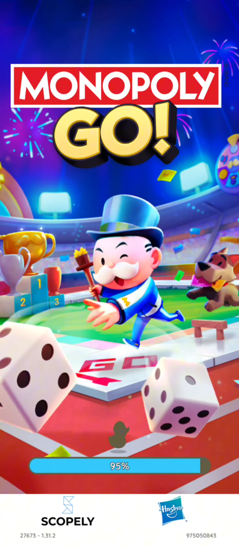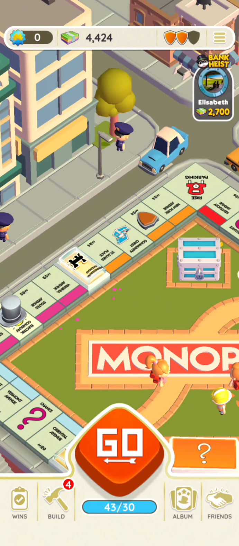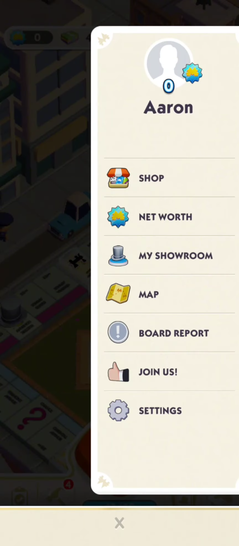And as you can see here, we just disconnected the previous account earlier and it is now connected to a new account. So that is how to